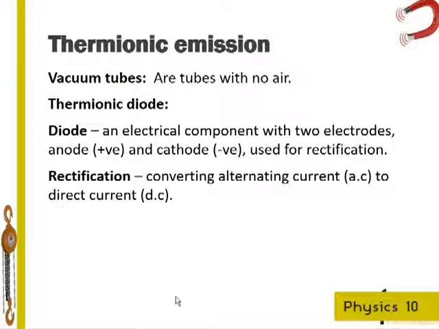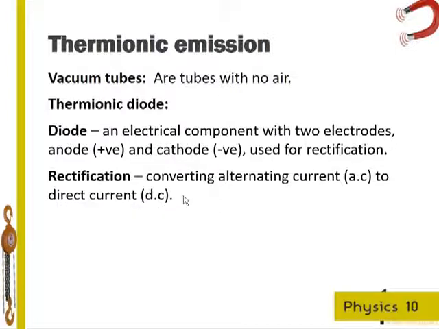So to summarize, we can say that vacuum tubes are tubes with no air, and that in terms of describing thermionic diodes, we can talk about a thermionic diode as an electrical component which has two electrodes, one of them being positive called the anode, one being negative called the cathode, and they're used for rectification. And by rectification, what we mean is converting an alternating current, an AC current, into what's called a direct current,